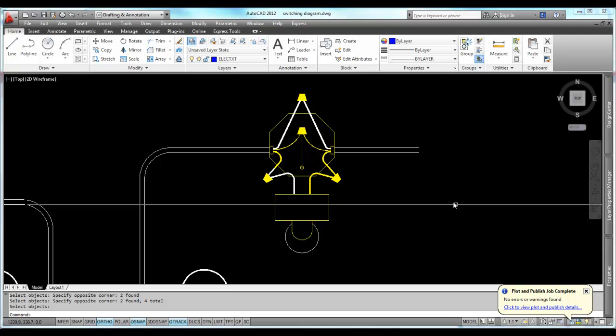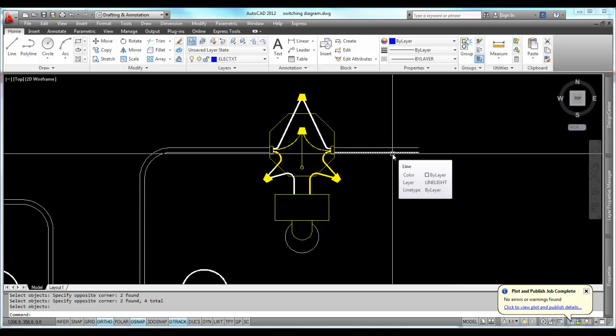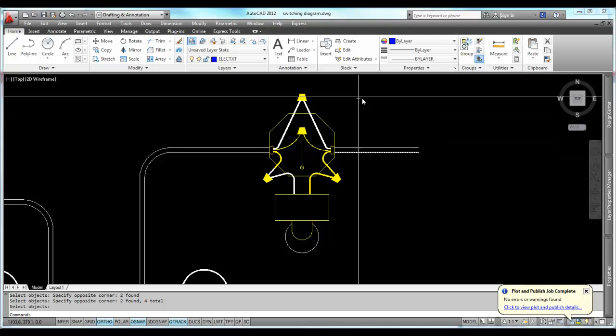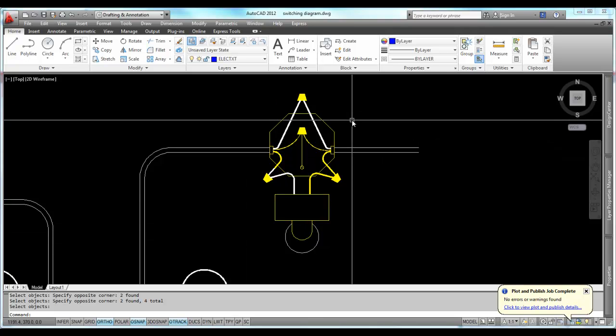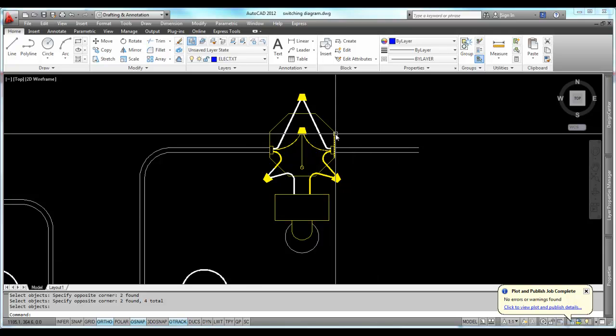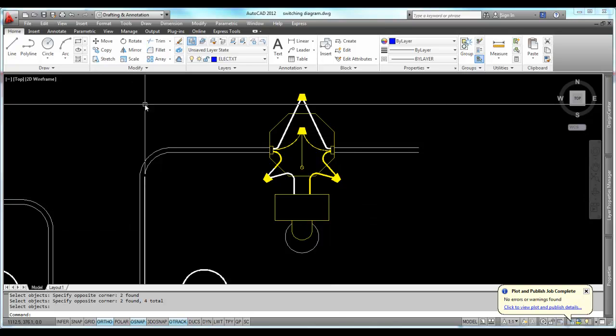Right now I'm looking at a drawing that has no annotations on it, and what I want to use is some quick leaders to put text and locate exact objects on my detail. So I'm going to use quick leader for that. I have a hand-drawn sketch from an engineer, and I want to include his notes on this junction box and a light. So keyboard entrance for quick leader is